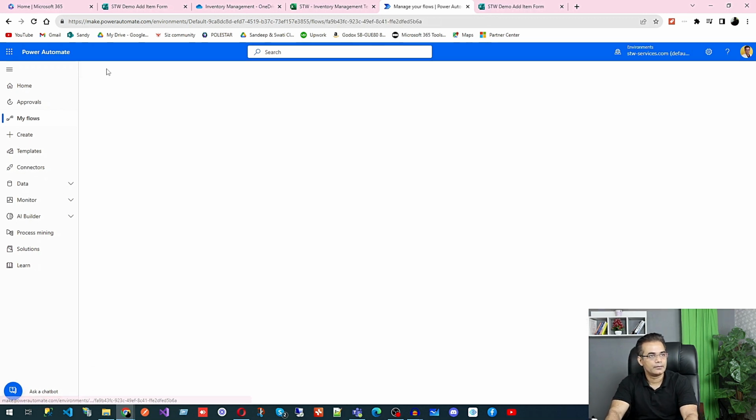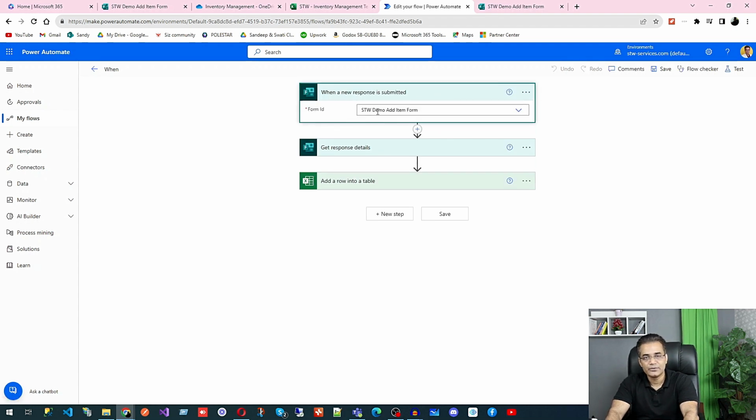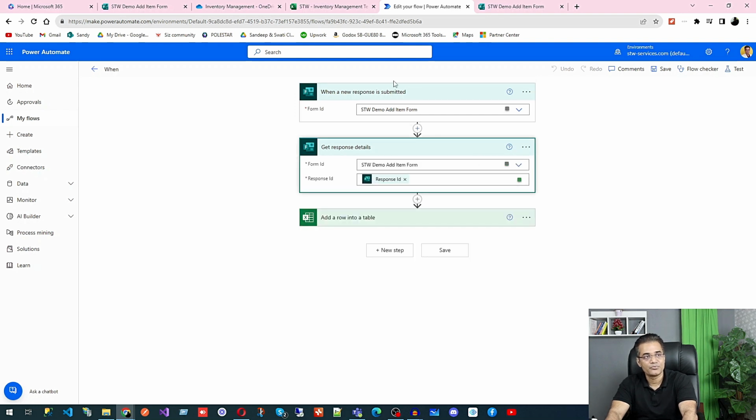And this is what you can see after you select that particular trigger. After that, you need to select the targeted form. So I selected here the STW demo add item form. Then you need to collect the response. Whatever you are getting from this particular form, you need to get the response so you can use it further